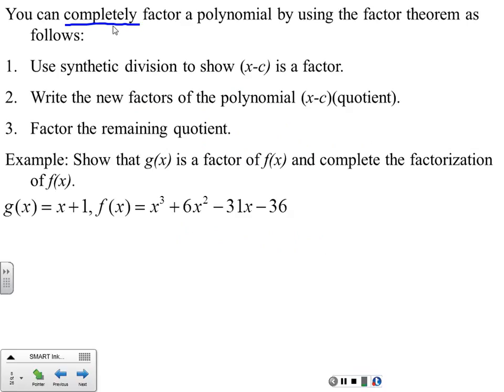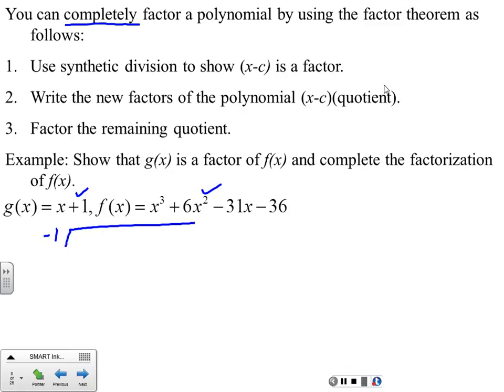So, this is what we're going to do. You can completely factor a polynomial by using the factor theorem. First, use synthetic division to show that the factor that I'm going to give you, possibly one of the factors, and for this problem it's going to be x plus 1. So you're going to use synthetic division. You have to do this step or you can't go any farther, to show that x minus c actually is a factor. Okay, so that's our first step. We're going to prove that this is a factor of this. So we'll have negative 1